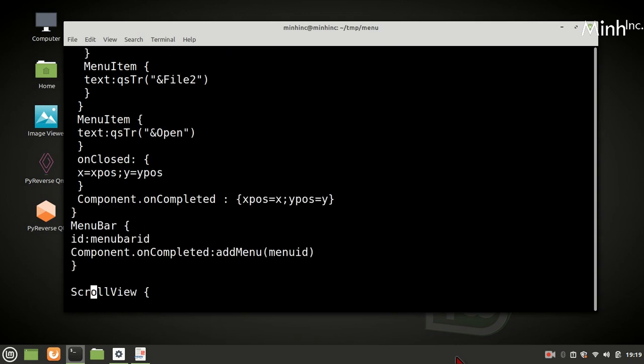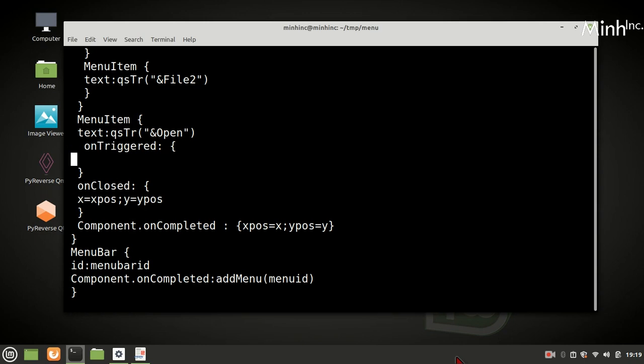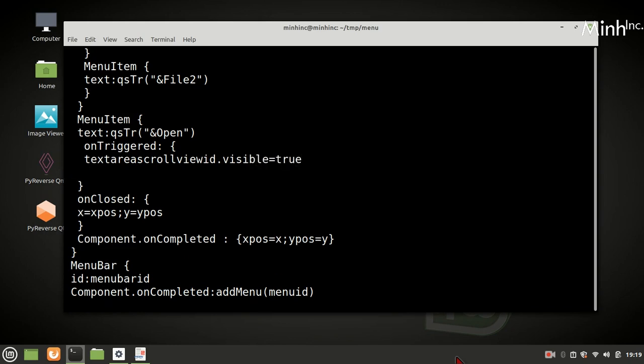So this is what we need to fill now. On triggered, text area scroll view ID dot, if it is not visible, then visible equal to true. Text area ID dot force active focus.